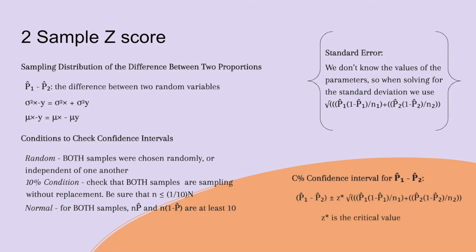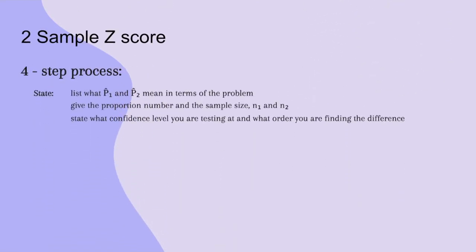The confidence interval equation for p1 minus p2 is this equation, where z star is the critical value. So the 4-step process for this: you start with state. You're going to list what p hat 1 and p hat 2 mean in terms of the problem. You're going to give the proportion number and the sample size, whether it's a percent or a decimal. And then you're going to state what confidence level you're testing at, whether that be 95%, 90%, whatever it is,